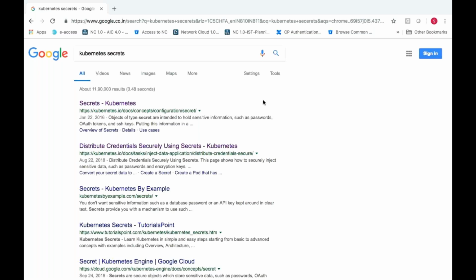So as an engineer, as an administrator, what I'm trying to do with secrets is convert my sensitive data into encrypted format. Secrets is one of the objects in Kubernetes which takes the responsibility of hiding your sensitive information.